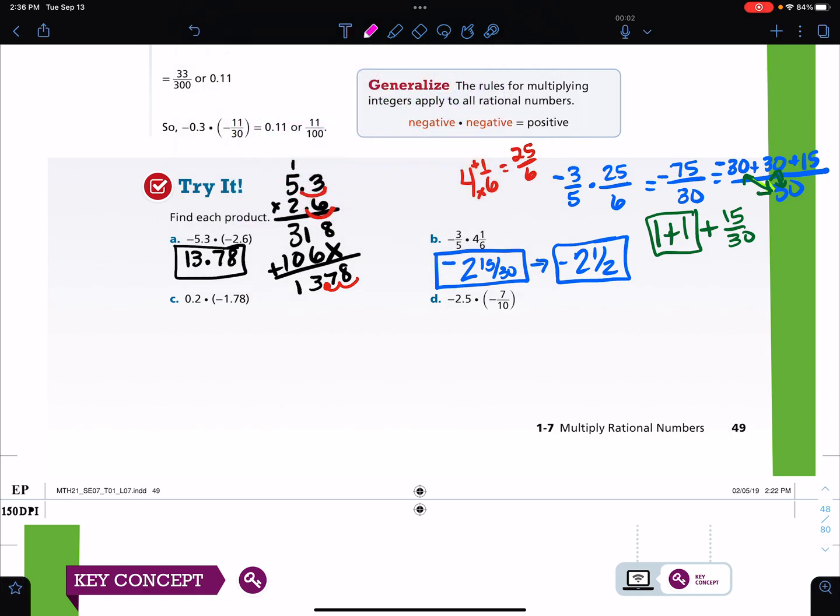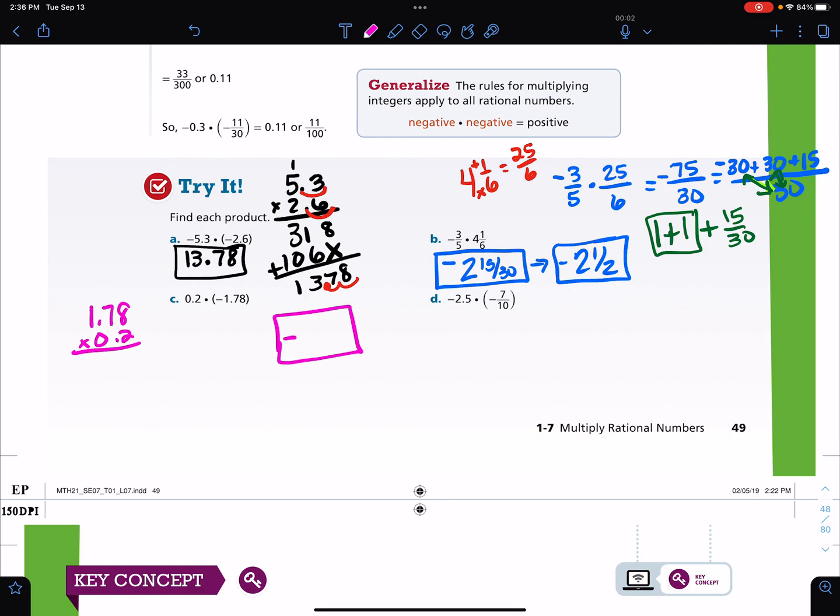Now we have another decimal. Since they're both decimals, I just get to multiply them. Okay, so my final answer will be over here. And because it's a positive times a negative, that means it's going to have a negative answer. So 1.78 times